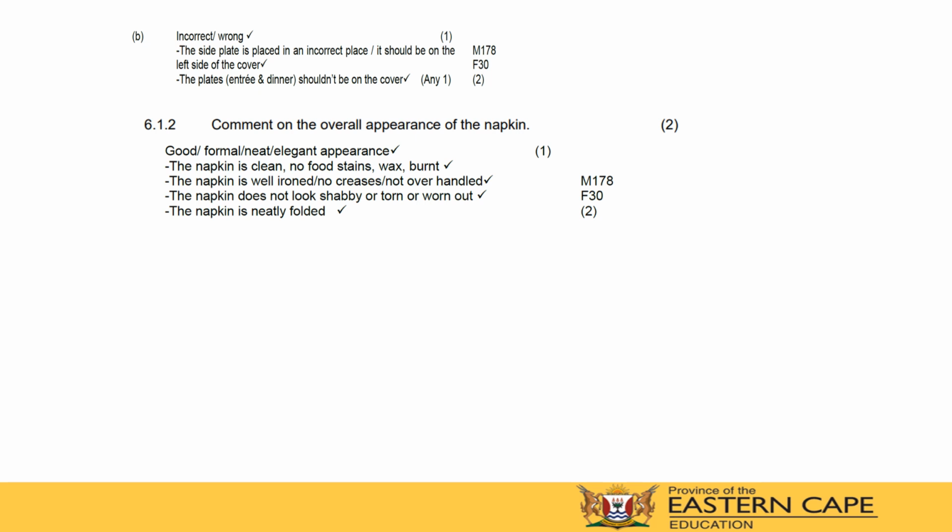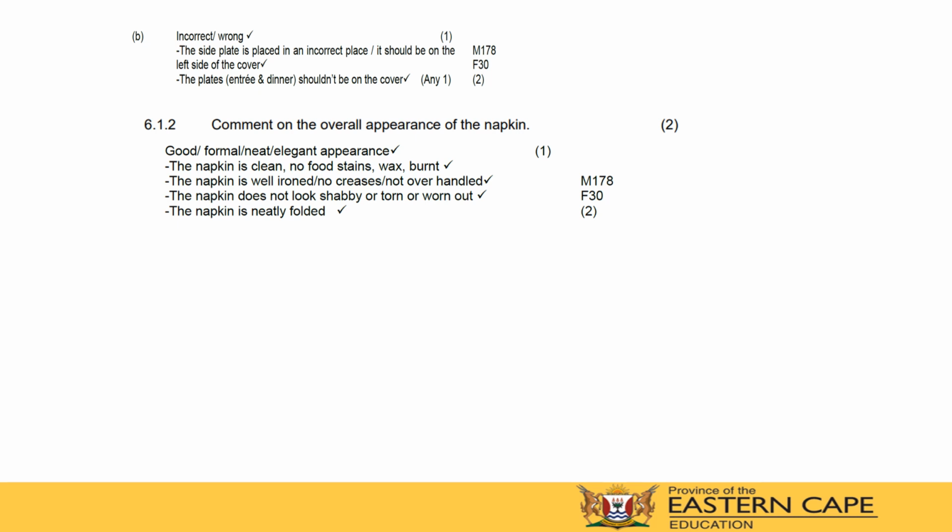Okay, let us look at the next question, which is still referring to that cover, but now we are not judging the accuracy of the placement of the cutlery or the crockery. The question reads, comment on the overall appearance of the napkin in the cover. This is how you would respond for 2 marks. It is good, okay, or you can say it is elegant, you can say it is neat or formal for 1 mark, and then you can further add on and say the napkin is clean, it's got no food stain,